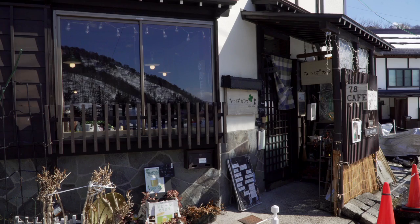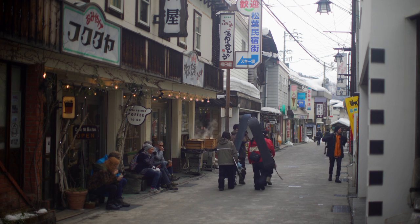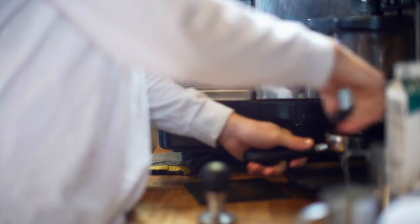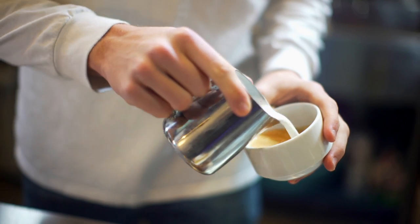And for those of us who can't wait more than a day without a good espresso, there's some really great coffee available now in town. Napa Cafe is a perfect little quiet stop off up near Ogama. Down in the middle of the main street you'll see St. Anton, but by far the best coffee in town I think is up at Mount Dock where our rental meeting point is, just in front of Nagasaka Gondola. So an easy stop off before getting your tickets and heading to the mountain,